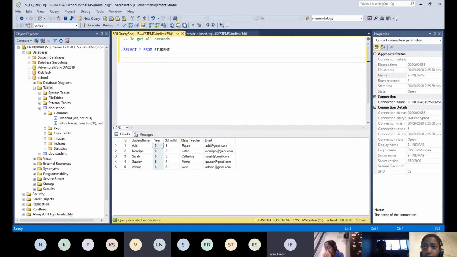If I want to see which years the kids are going to, what will you answer? Kids are going to year 5, year 6 and year 9. So that means you have only 3 distinct records.